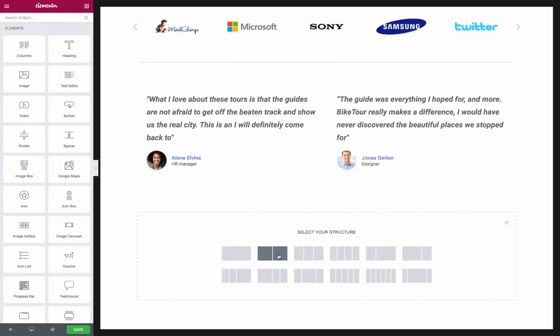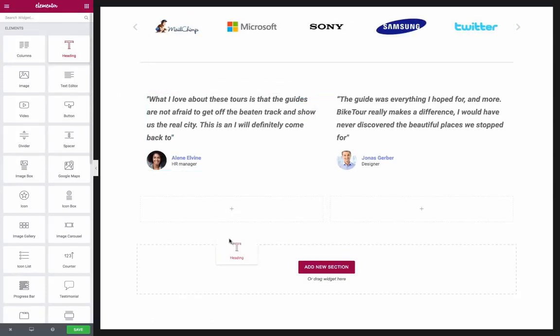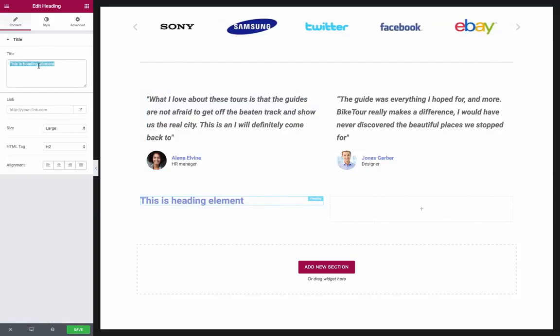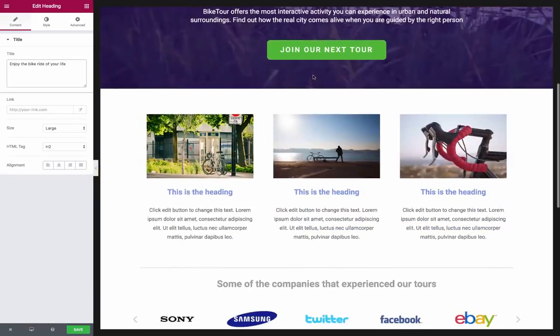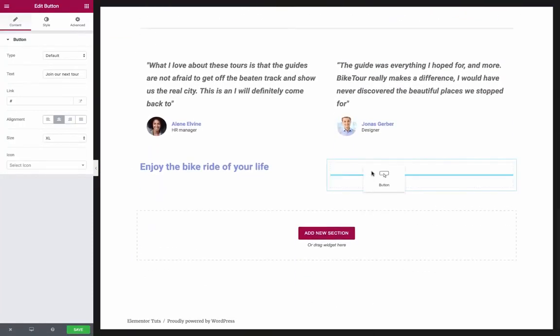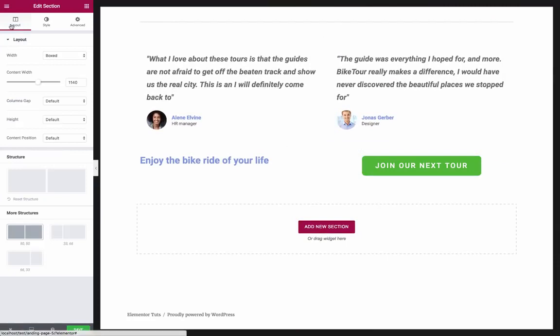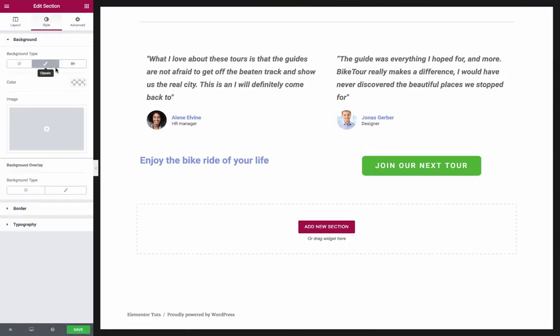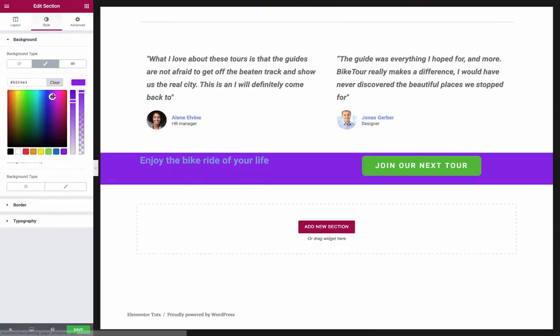Finally, I'll add a 2-column section for the call to action strip. So paste here the text, the bike ride of your life, and I'll just duplicate the call to action button from the first section. To this section I will add a color background, which will be purple,